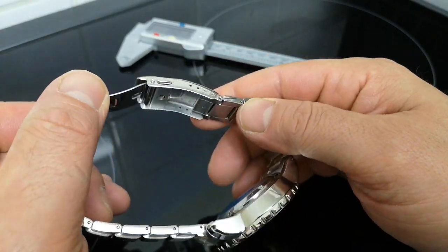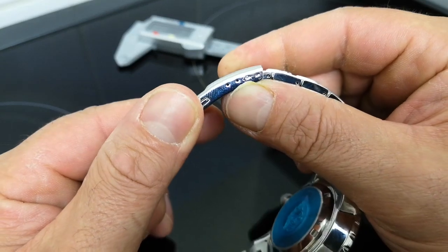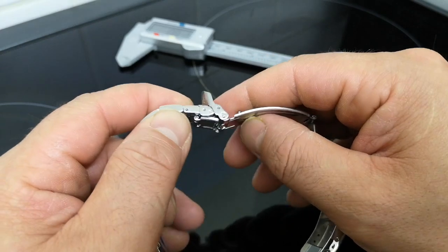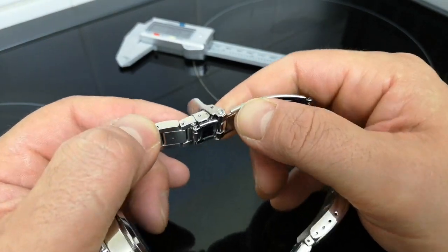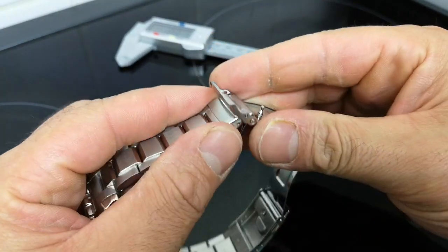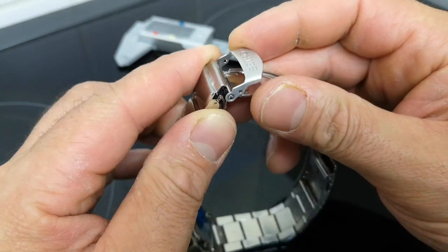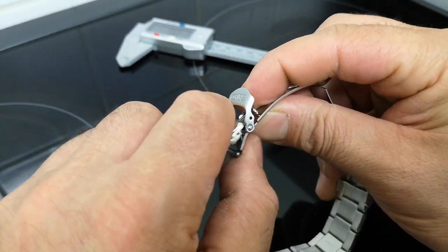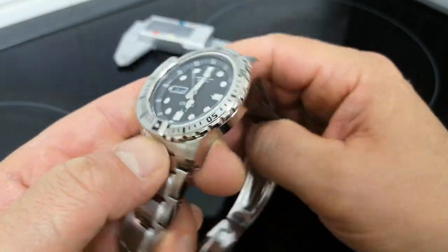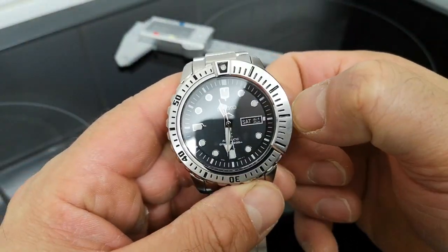What else do we have? We have nothing really of note. We have 4 micro adjustments there, very nice. And we have this thing, which I never quite understood. What is it for? It's a diver's extension, but it's completely pointless. It's just total crap. But we all know about that, and that you get that on every Seiko Prospex. I'm going to show you